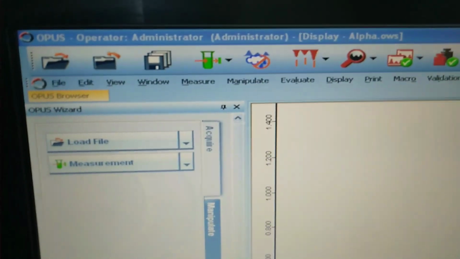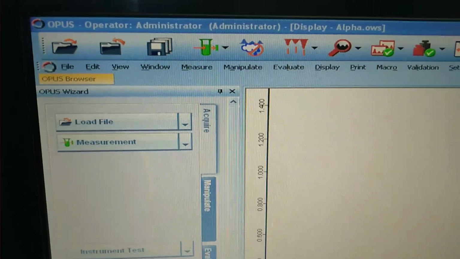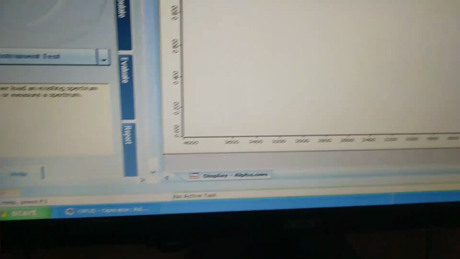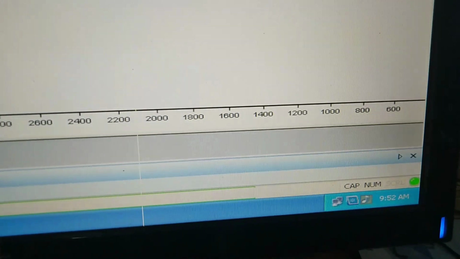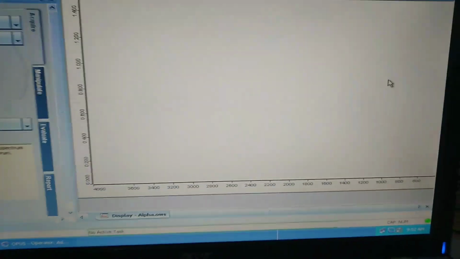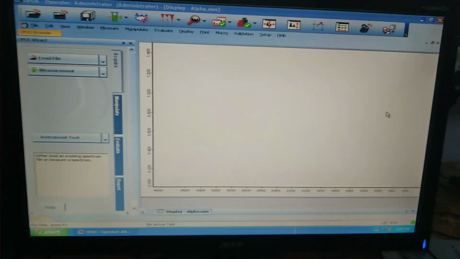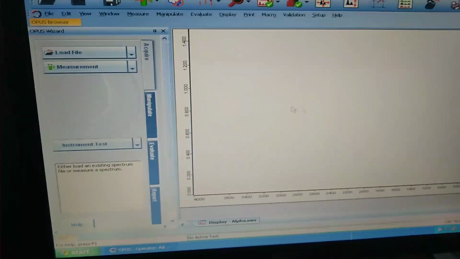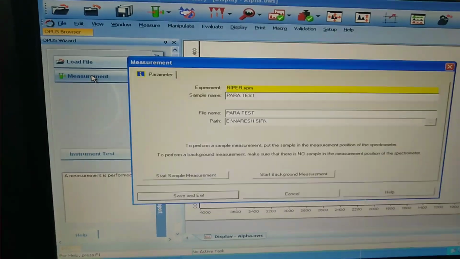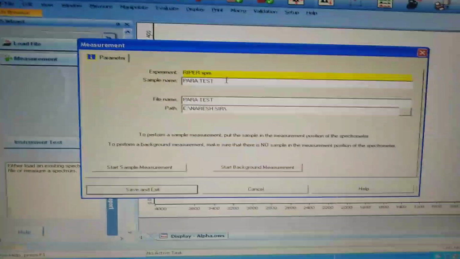Initially we can observe yellow color. After the completion of the stabilization we can observe the green color at the edge. Then click on measurement and enter the sample name.